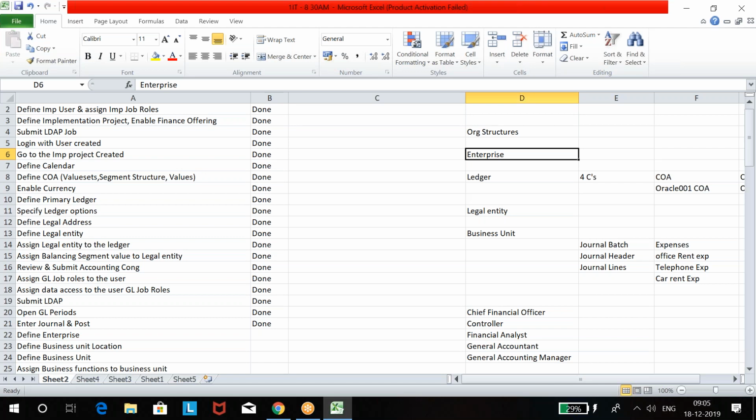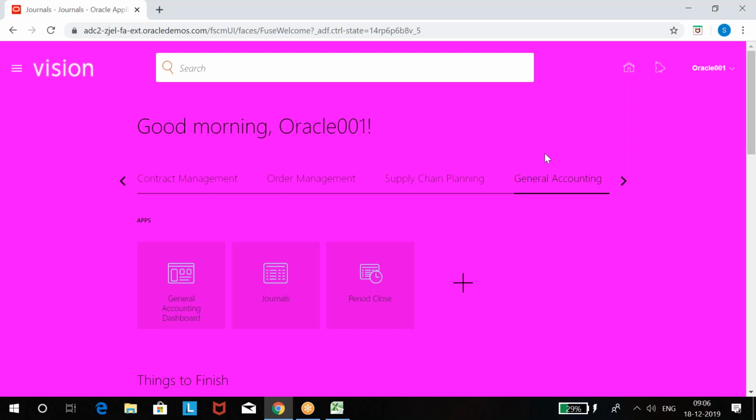I mean, somebody who practiced first time on this server has created it. So you don't have to; if you want, you can edit it. Otherwise, you can just leave it because you can't define more than one enterprise in one instance. Okay. In real time also, when the first-time implementation happens, the enterprise is created by HR, not by the finance team. Let's say if the company is not using the HR module in Fusion, then you have to create the enterprise with basic details, not complete details. Just the name of the enterprise and the address of the enterprise. That is enough.